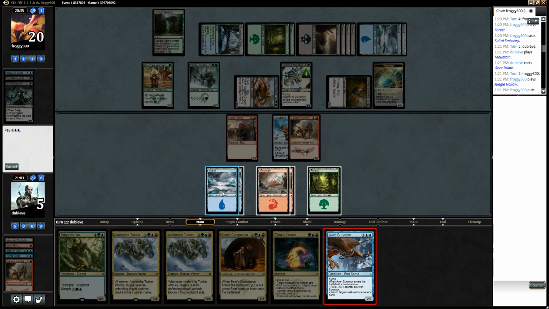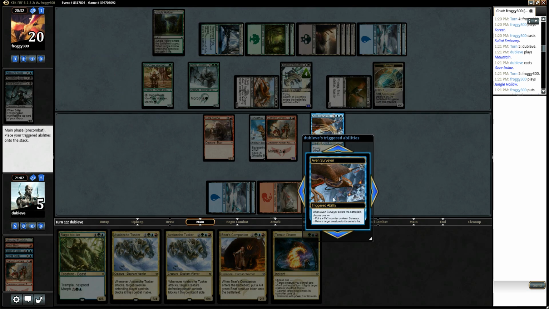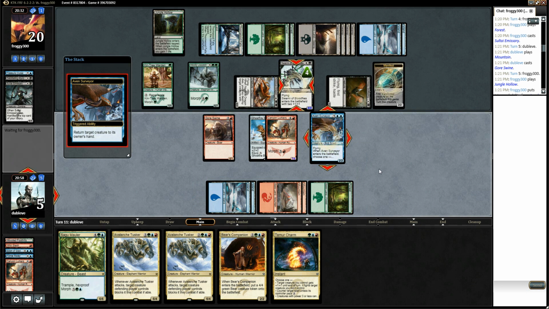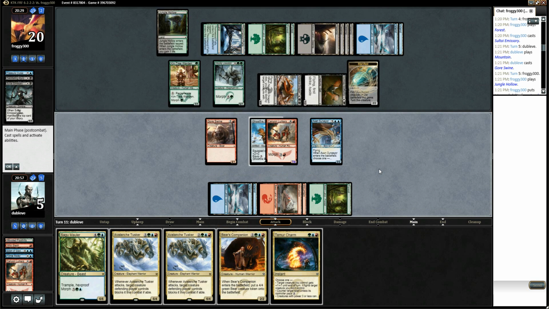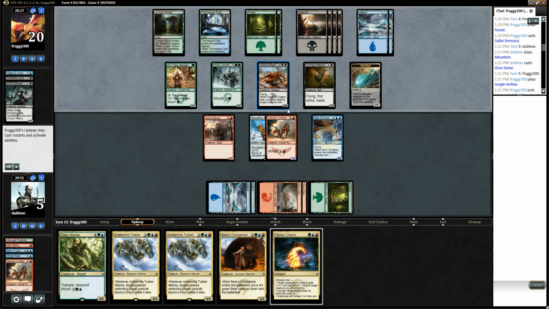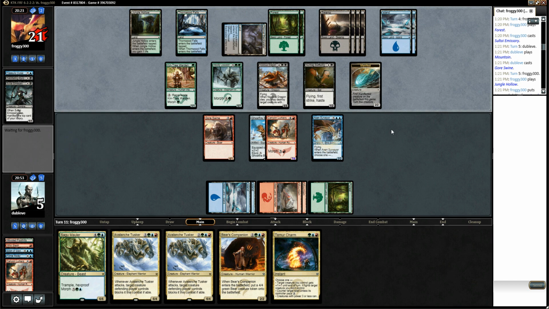So... Like, I mean, I'm just playing this out, but I don't think there's any way we win. Gotta bounce that. And this Temur Charm's gonna be good, though. I can kill this off, or I can kill the other flyer. But whichever one I don't kill is just gonna kill me anyways, so...